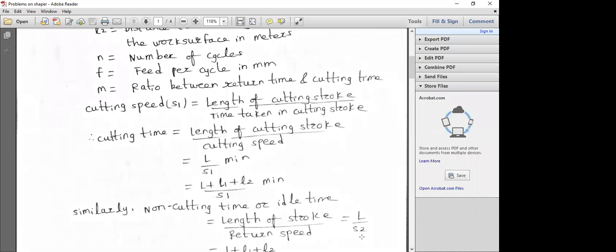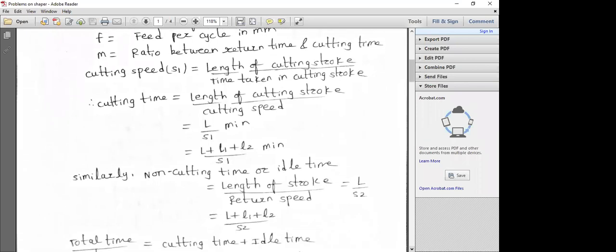S2 is the return speed. So just try to have that. So what is that length of stroke? It is L plus L1 plus L2 by S2. So what is the total time? Total time is the